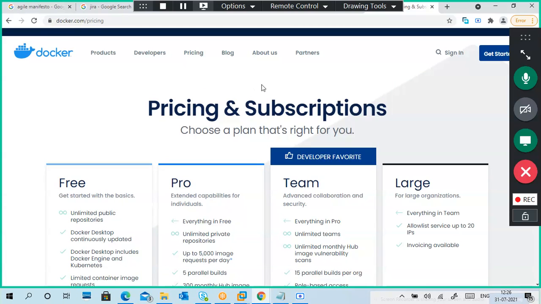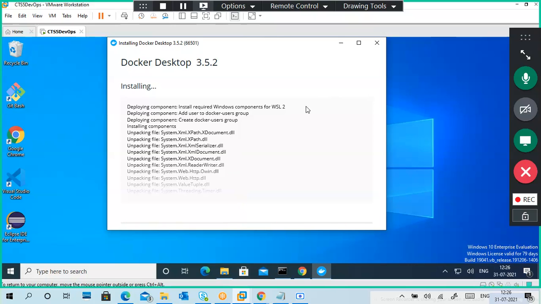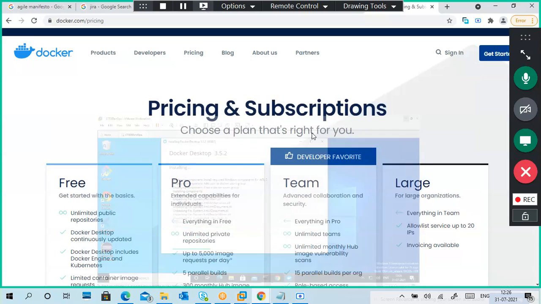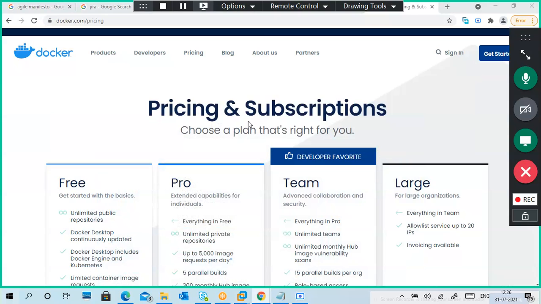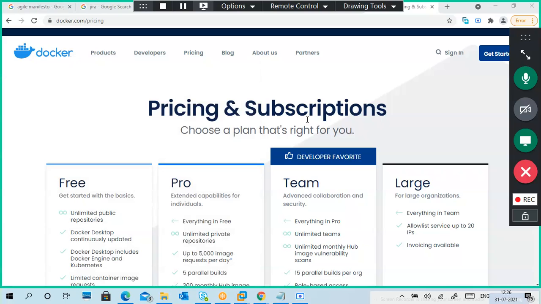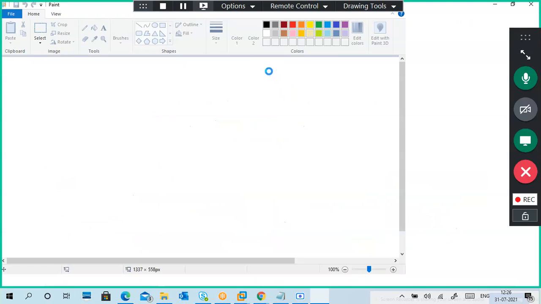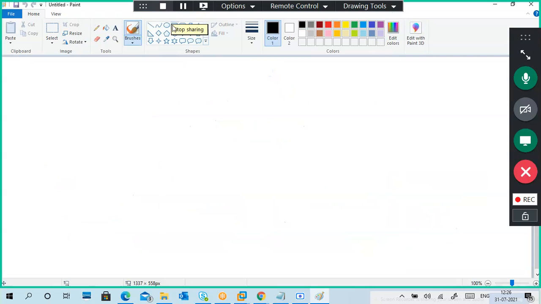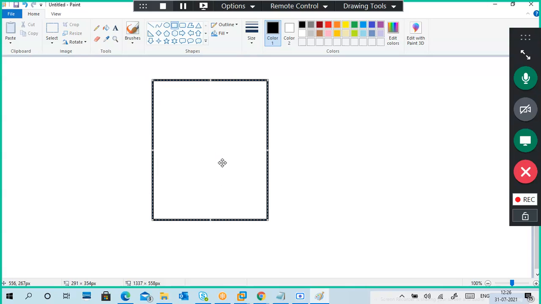So there are other main advantages of Docker as well. Here it is taking time. Yeah, now it is installing. So meanwhile, I'll try to open my Paint. If my application doesn't give any big problem, then no problem. Meanwhile also, the reason I'm installing Docker is that it is easy if you see it in a practical way. That's why.